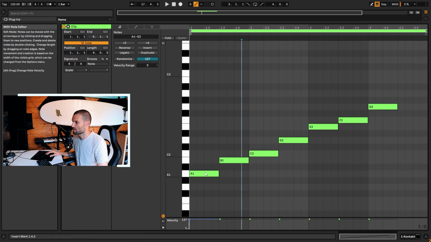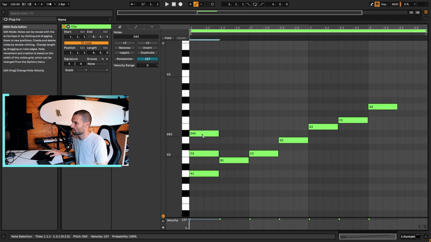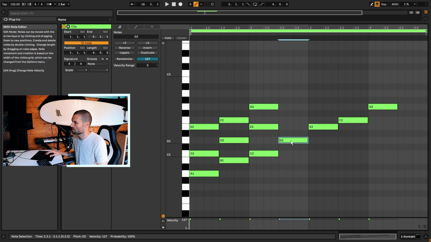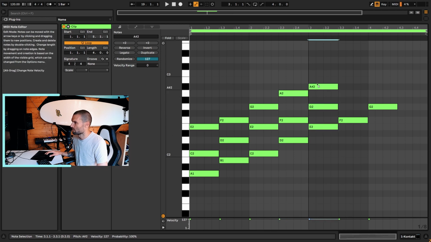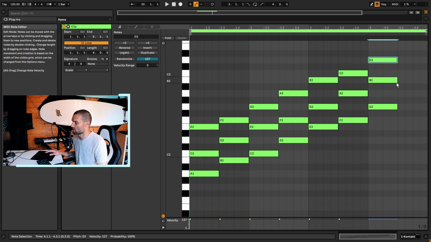Here we can see there's 7 notes in the scale, and each note has a corresponding chord. So let's quickly build those chords. First chord is A, C, E, which is our A minor chord. Then we have B, D, F, which is a B diminished. And we have C, E, G, which is a C major chord. D, F, A, D minor. E, G, B, E minor, F, A, C, which is F major, and G, B, D, which is our G